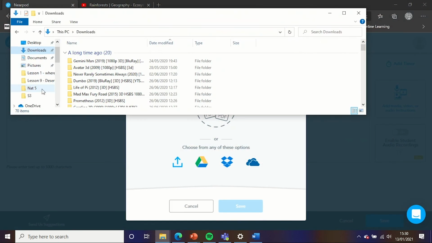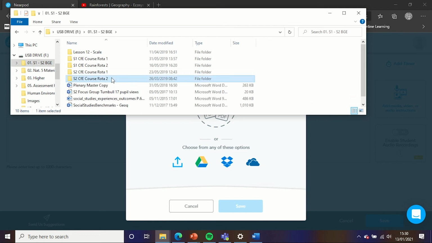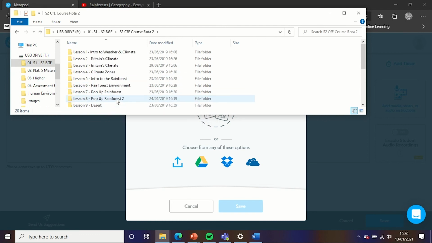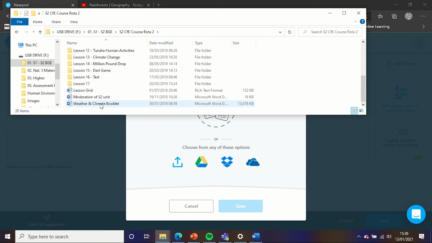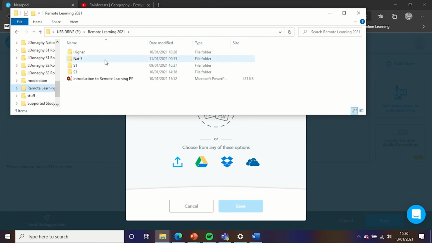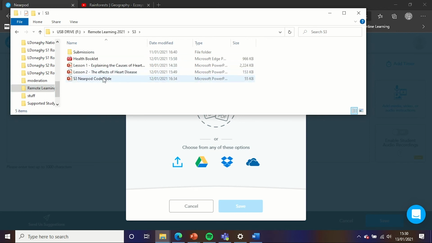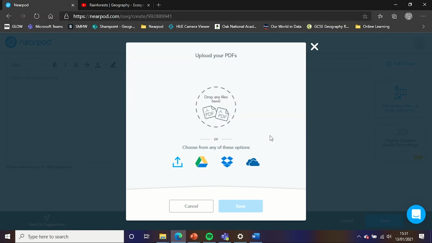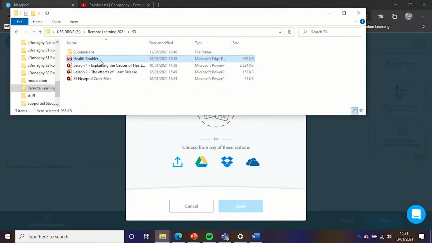I don't have the booklet, but if you were using first year, that's the booklet there. Yeah, so it's not the right topic, but if you were wanting to put a booklet, then what I was doing was opening it in Word and then saving it as a PDF, so that, there's like the health booklet, I've saved that as a PDF, and then you're just going to want to drag it in. Or you can do that with any Word document where you,